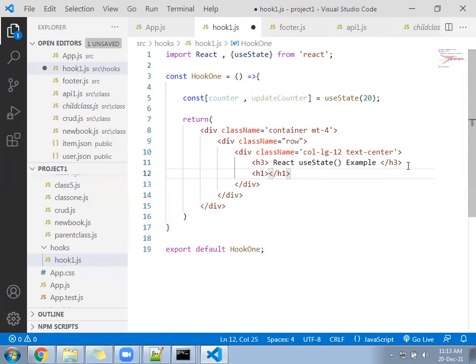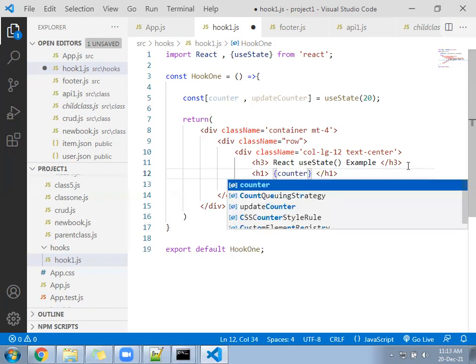H1. Print here directly the counter variable.